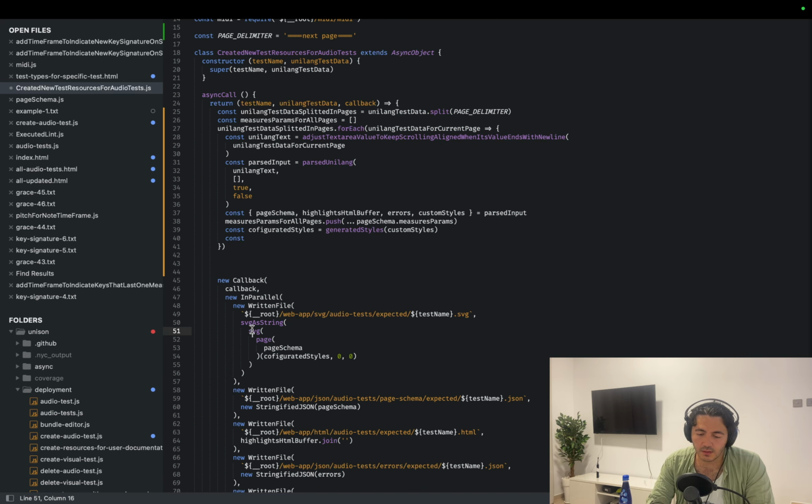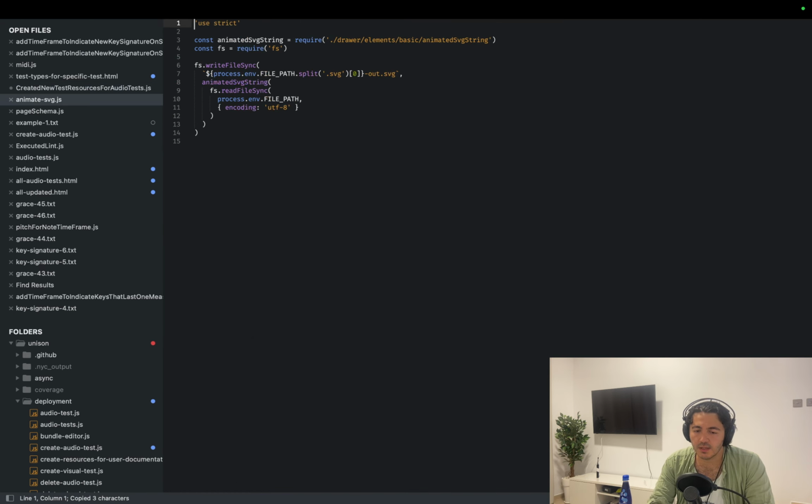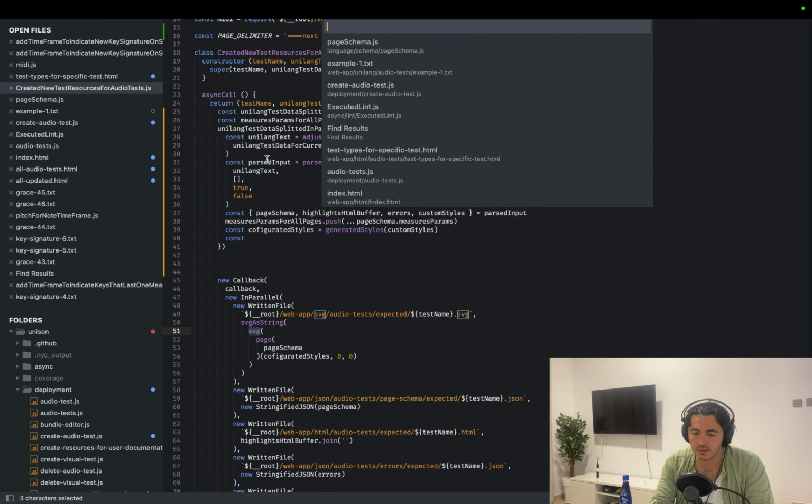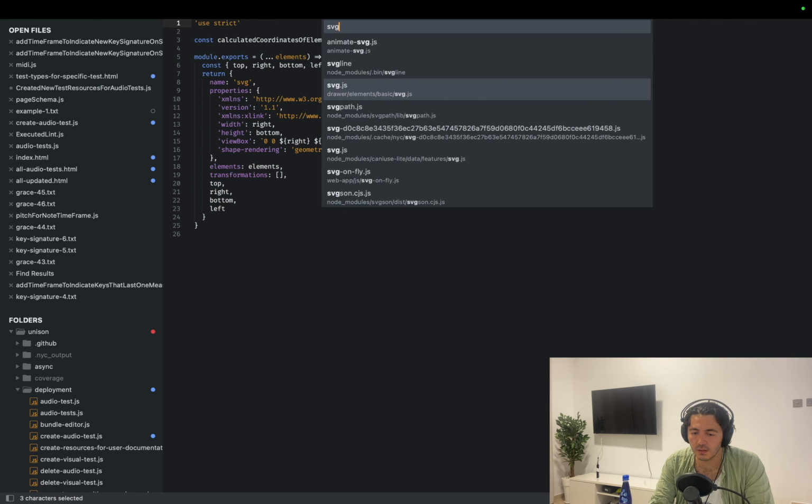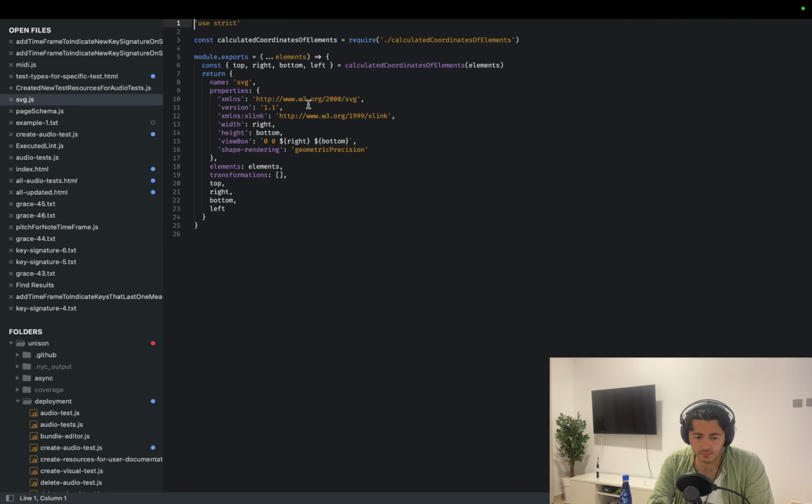Let me take a look at the SVG function itself and decide what's going on. I don't think it's the function that I need. Okay, so actually